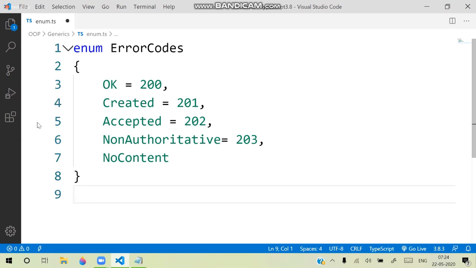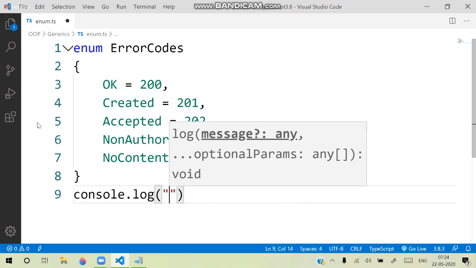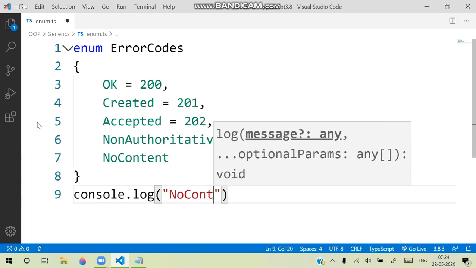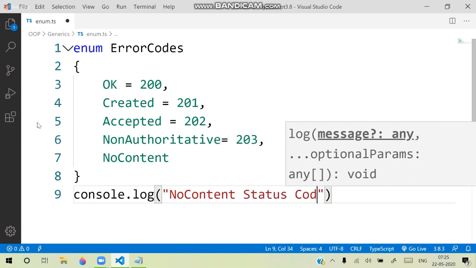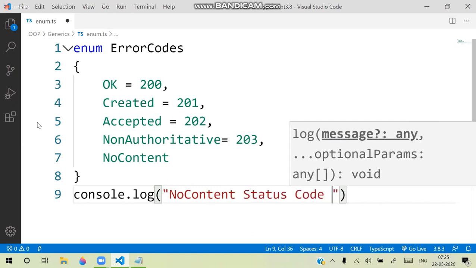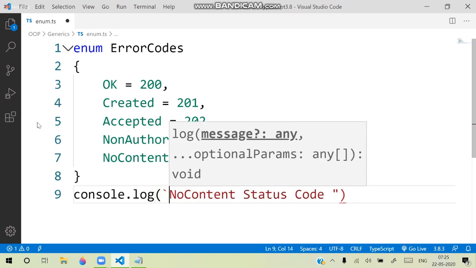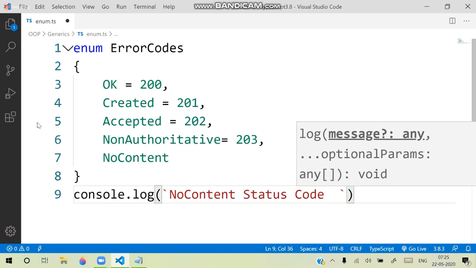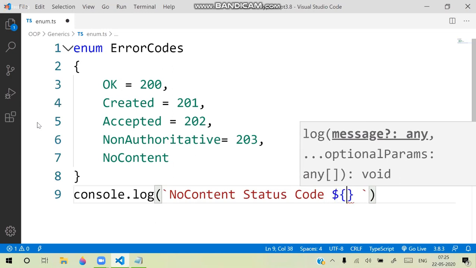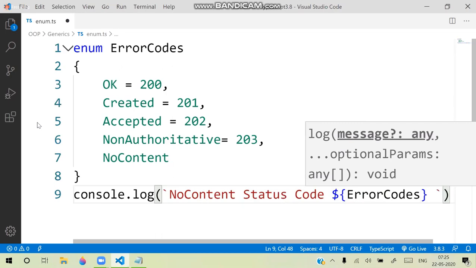Now I am creating a simple output here, console.log. I want to print the no content status code, using the $ template syntax. Any enum value can be accessed by using the enum name, ErrorCodes dot